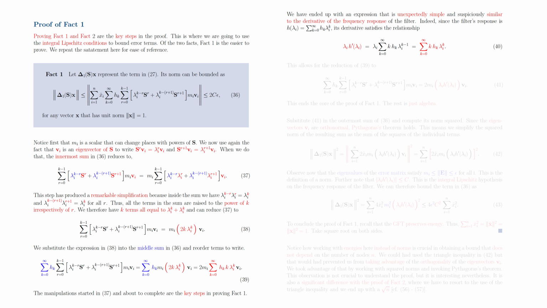The reason why these steps are key is that we have ended with an expression that is, first of all, unexpectedly simple, and second, suspiciously similar to the derivative of the frequency response of the filter. Indeed, remember that we can write the filter's frequency response as a series with coefficients h_k on powers of lambda. Therefore, the derivative satisfies the relationship we show in 40, where lambda_i times the derivative h prime of lambda_i